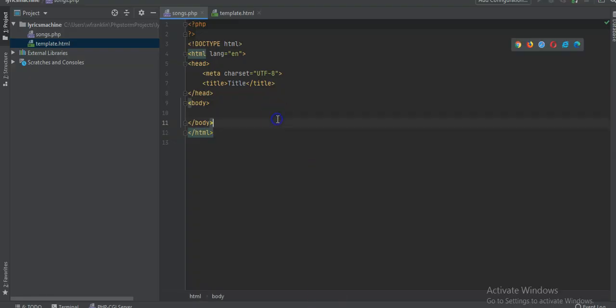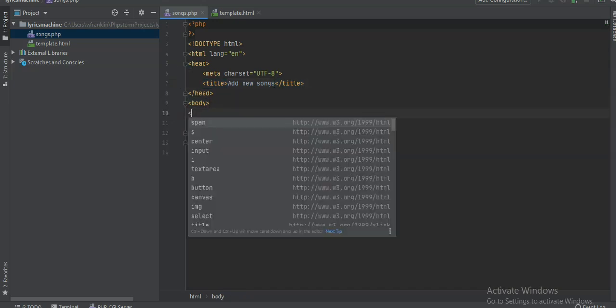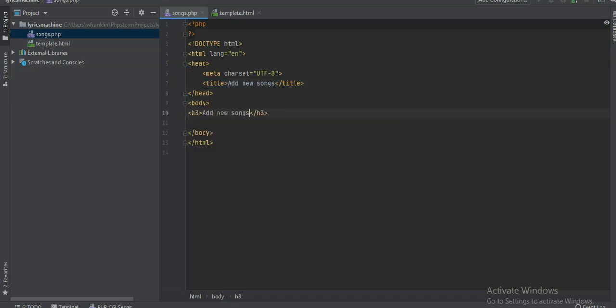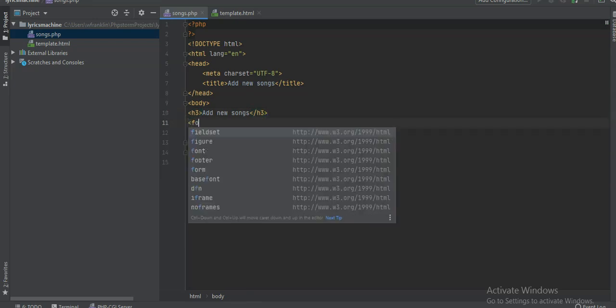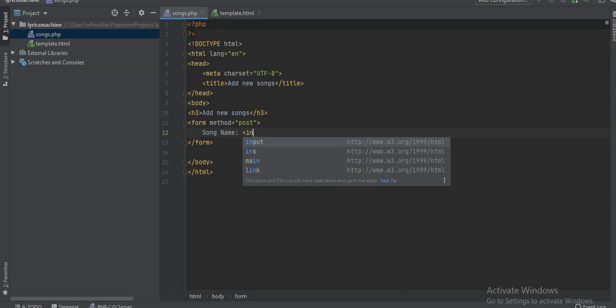So we already created our project, called lyrics machine. We created a new file called songs.php, and we are just gonna add the interface to add new songs. Right, so again, this is going to be really simple. We just have a form, method is post, and we have song name, and put the input,